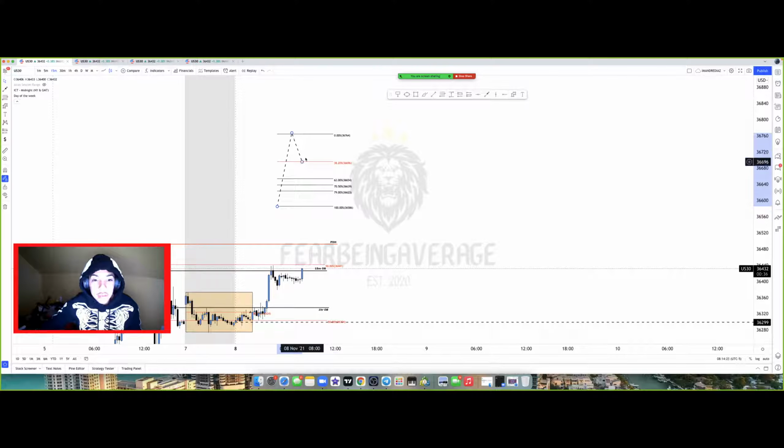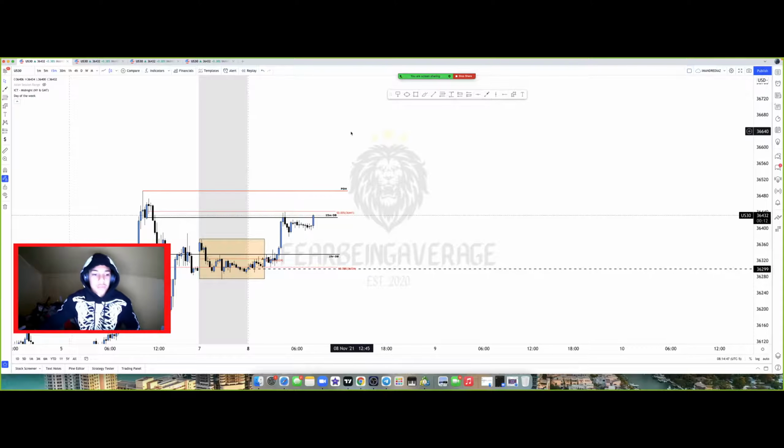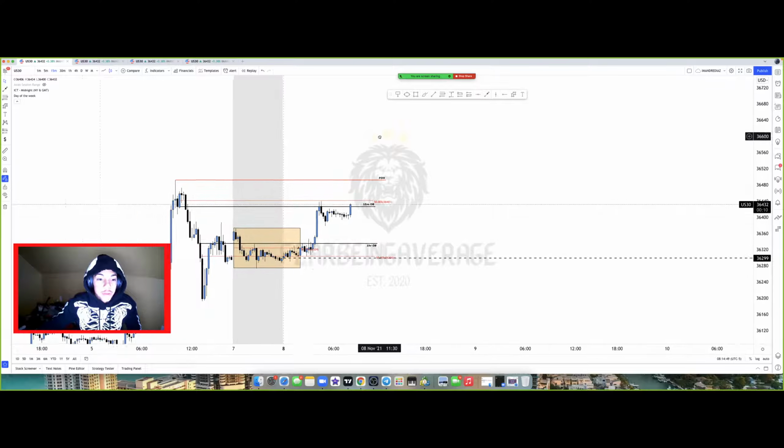The 38.2% level tends to be respected when price is in a strong uptrend. So say price really wants to continue moving bullish, it won't trade all the way down to 62. It'll just have a small retracement to the 38.2% level before continuing higher. These are the only four levels I ever use. And if it doesn't trade to them, more than likely I'm not going to enter a trade on that particular setup. But that's just me though.